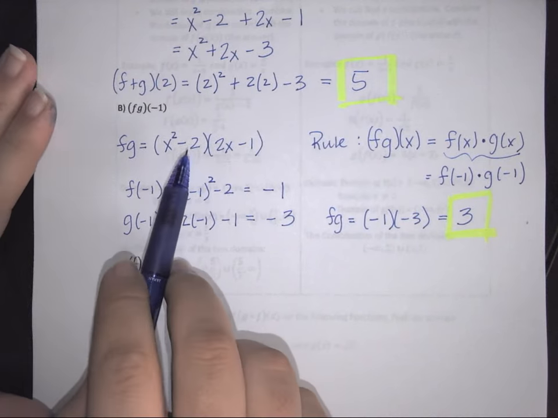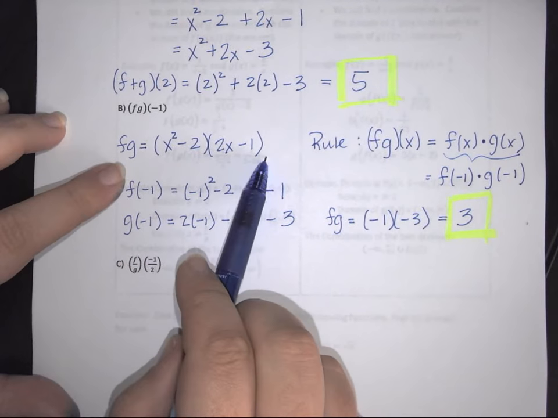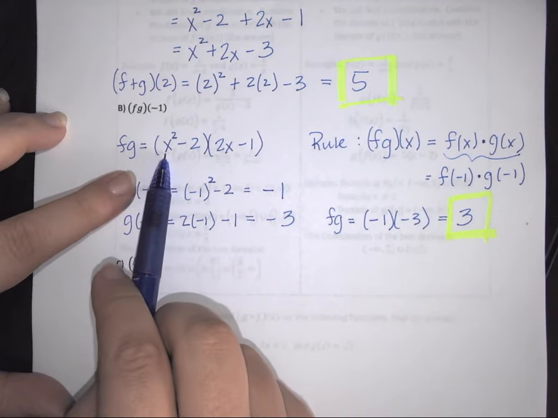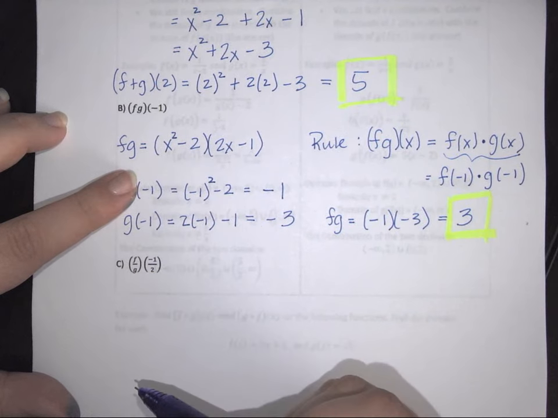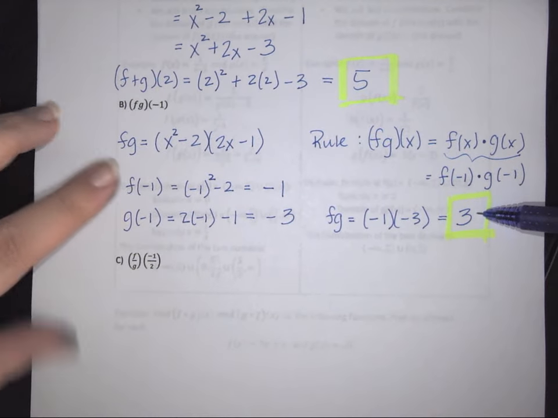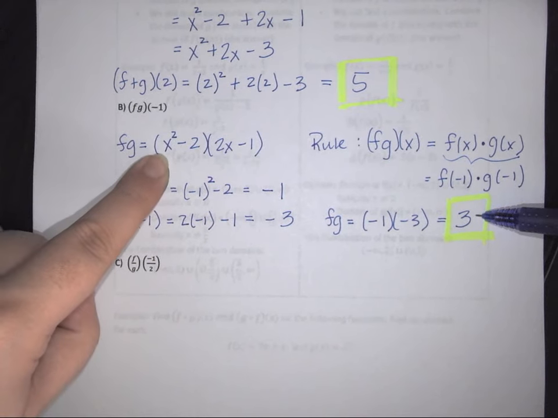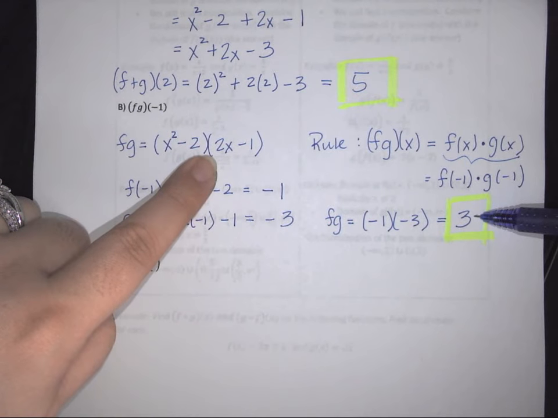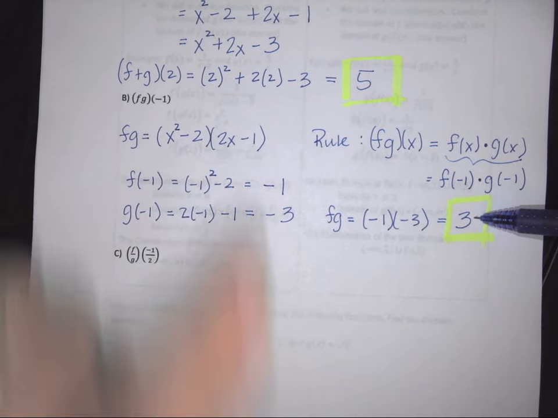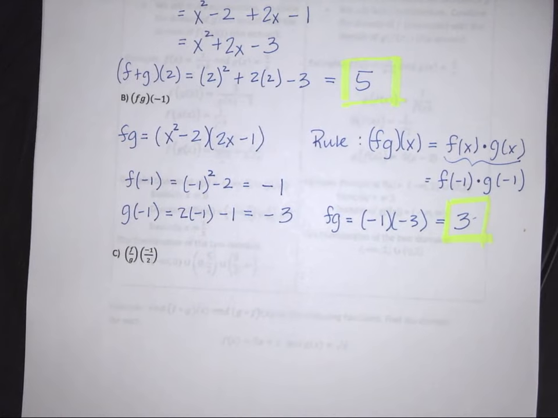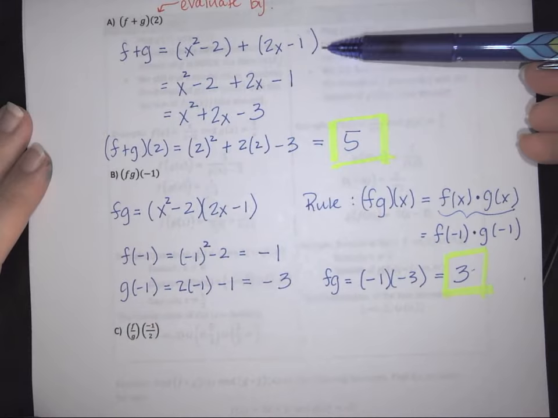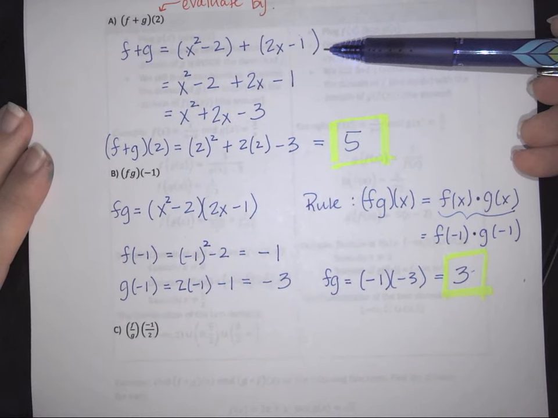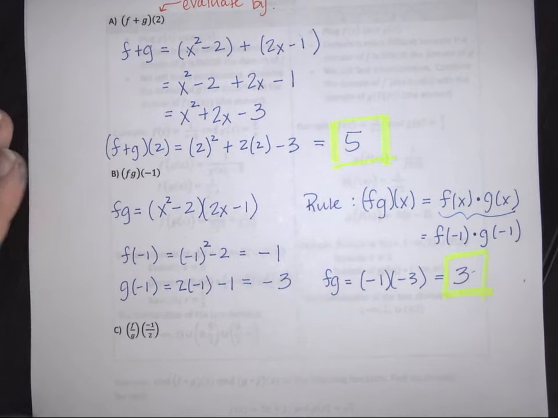Now, if we look at this real close, if you look at the beginning, the way we set it up, if we plug our negative 1's in here, what happens? Well, we get the exact same thing. So here, negative 1 squared is 1, minus 2 is a negative 1. 2 times a negative 1 is negative 2, minus 1 is negative 3. Negative 1 times negative 3 is 3. So it doesn't matter if you combine them first and then evaluate, or evaluate first and then combine, you should